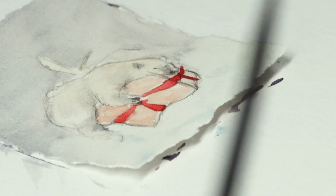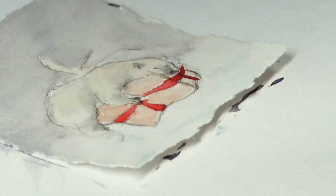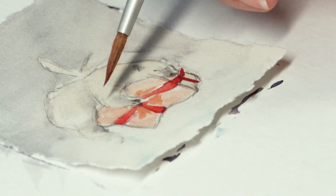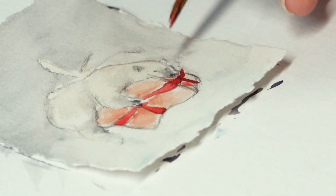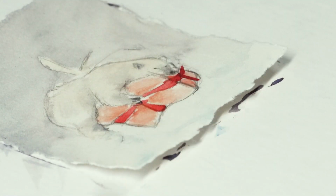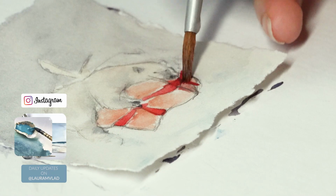Now you'll see I'm adding that Scarlet Lake on the ribbon. You can add any colors you like here. Sometimes I do go with complementary. So sometimes I'll do yellow and purple. Sometimes I'll do red and blue. Sometimes I'll do yellow and green, which are not complementary. They're neighbors on the color wheel. And